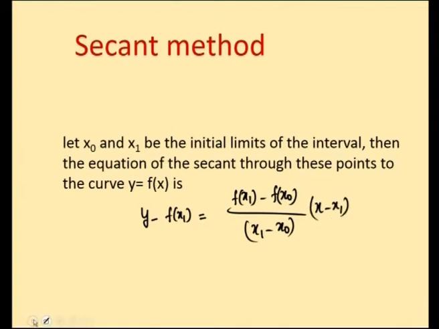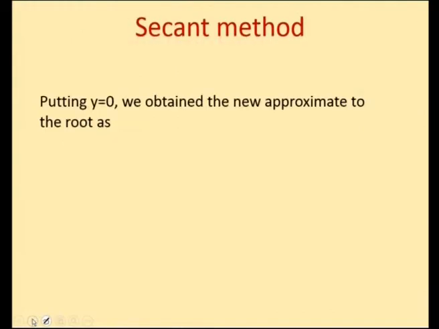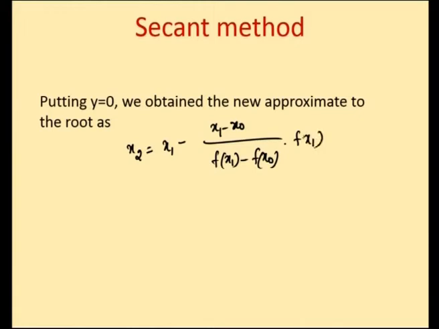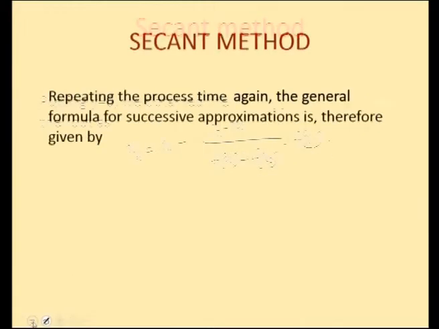Putting y equal to 0, we obtain the new approximation for the root as x2 equals x1 minus (x1 minus x0) divided by (f of x1 minus f of x0) into f of x1. Repeating the process again and again, the general formula for successive approximations is therefore given by x(n+1) is equal to